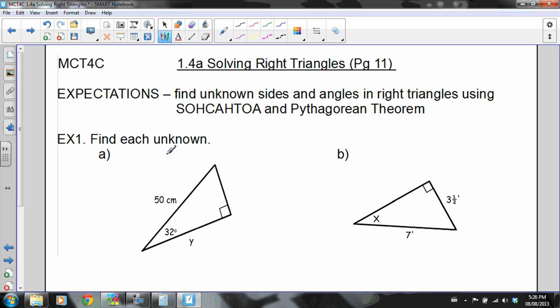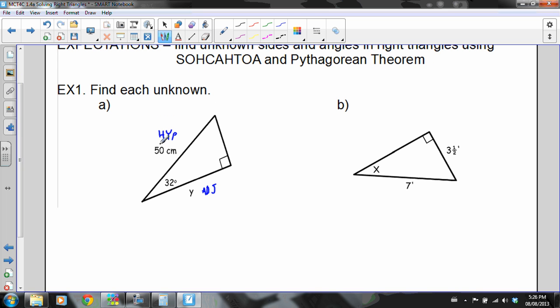So find each unknown. In this one we want to find a side. So with respect to the reference angle, what are the given sides? Well, we want to find the adjacent side, right, next to, and this is the hypotenuse. So which trig ratio do we write down? Well, adjacent and hypotenuse is the cosine. I write down the cos of 32 is equal to adjacent